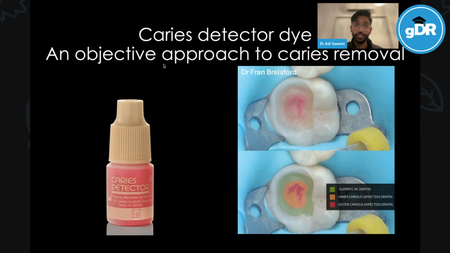So what we essentially want to do here: gain your initial access for the caries, clean the caries lesion as much as you can using water, air dry it pretty well, get a bit of caries detector dye, lather it all across your prep, and let it sit for 10 seconds so it's allowing itself to penetrate. You want to rinse that with water and dry. Then you remove the caries using those previous concepts, the peripheral seal zone and those caries endpoints, and then you repeat